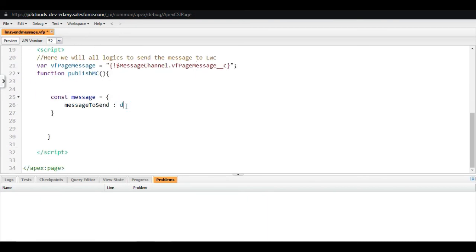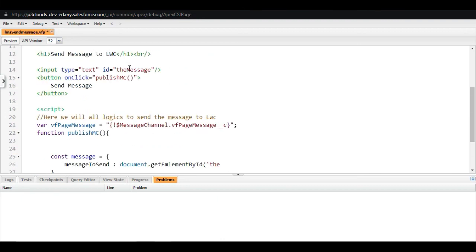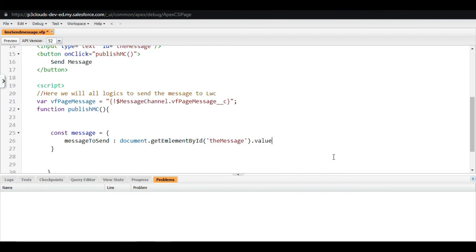To get this, we'll write document.getElementById, and then we can define the ID, I'll just copy it. And then value.